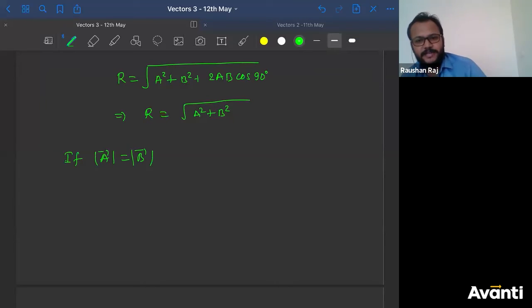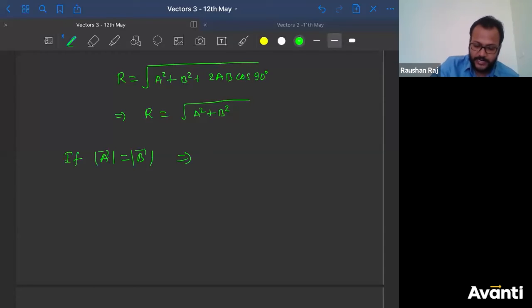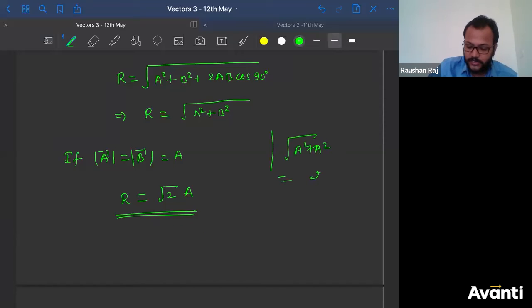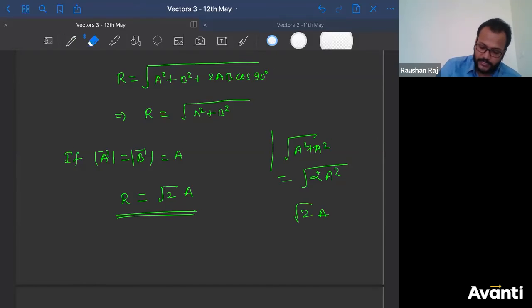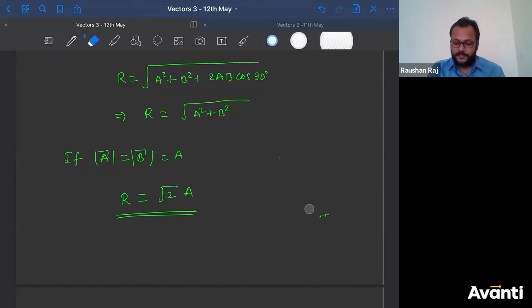ऋषिकेश, वो 45 डिग्री नहीं रहे, वो एंगल नहीं, कुछ पूछ रहा हूं मैं। बोल रहा हूँ क्या होगा, what will the result? अभी तो डायरेक्शन पे तो आया नहीं मैं अभी. So if a will be equal to b, and let's call that as a only, दोनों का मैग्नीट्यूड a है, then r will be written as root 2a. क्या हो जाएगा? Square root 2 into a, because if you are going to put the square root of a square plus a square, is nothing but 2a square का square root, so answer will be square root 2 into a. Correct?